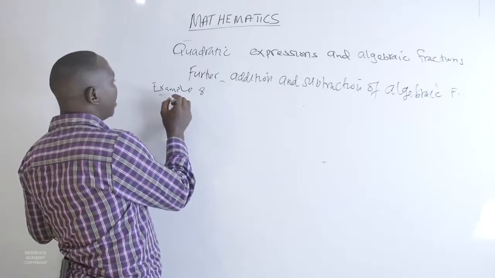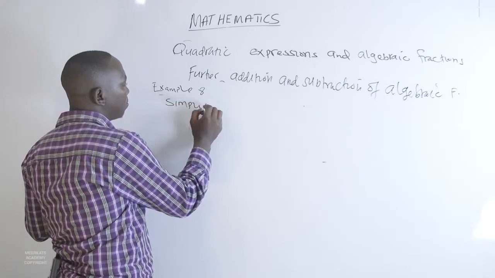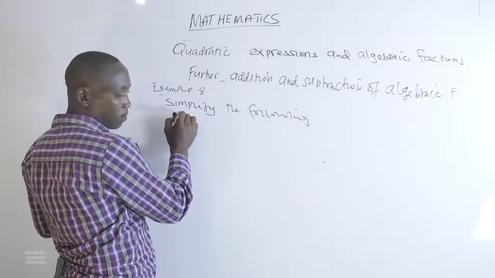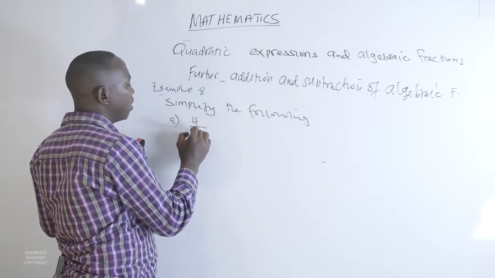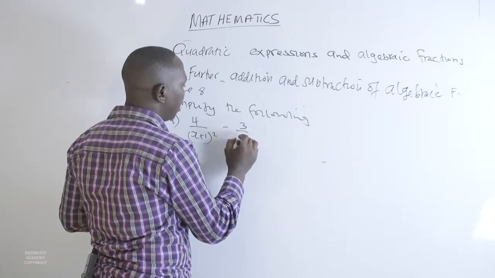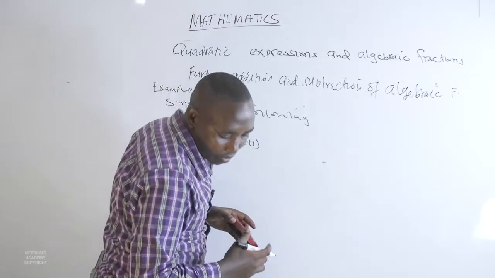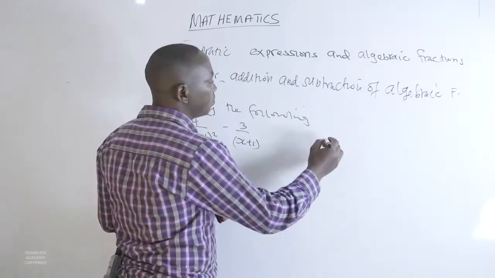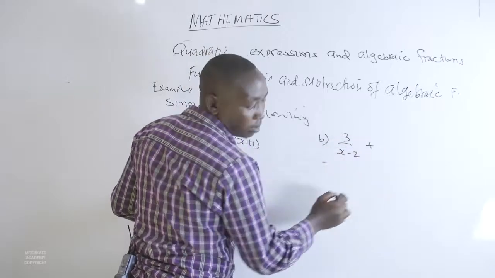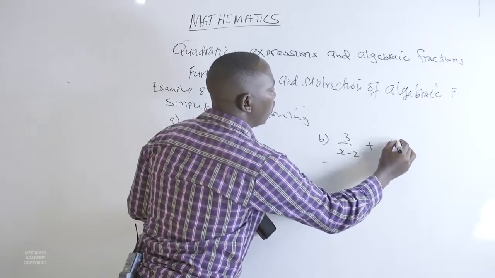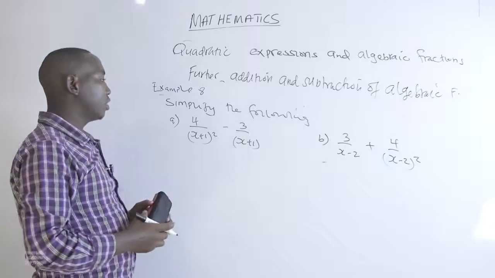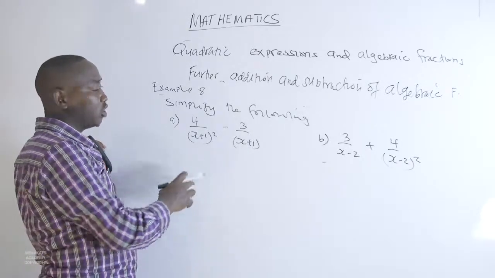We are told to simplify the following. We are having 4 all over (x plus 1) squared, subtract 3 all over x plus 1. Then 2, we are having 3 over x minus 2 added to 4 all over (x minus 2) squared. So we need to solve these two, and for us to be able to identify